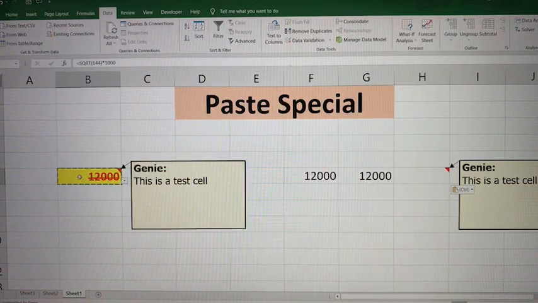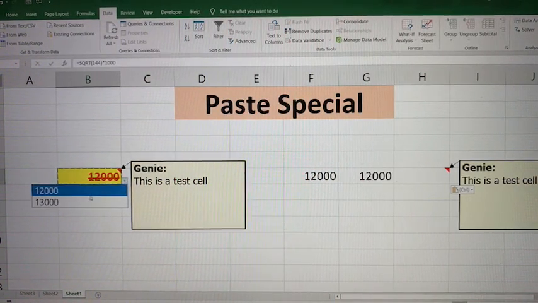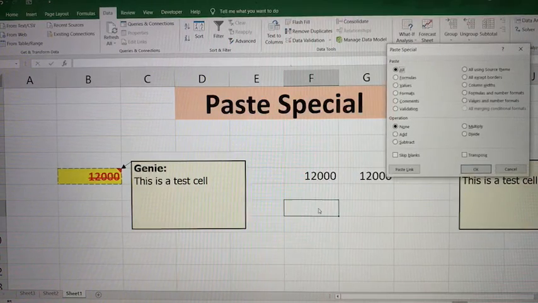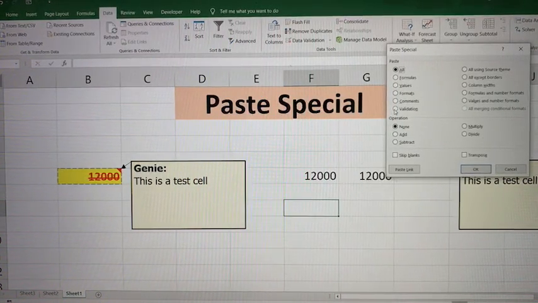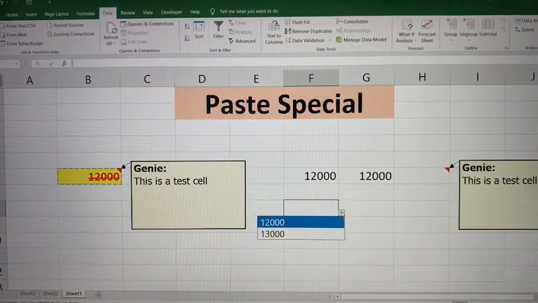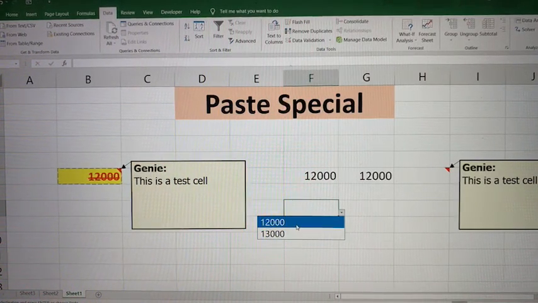Also in this cell you can see that there is a data validation. It can only contain two values, 12,000 and 13,000. So let me paste here again, and this time I'm going to select validation and I'll click OK, and nothing got copied, but that validation got copied. So 12,000 and 13,000. Now this is very useful if you want to copy the validation from one sheet to another sheet without actually copying the values. So this will just copy the validation, and you don't need to take that extra step of deleting the values